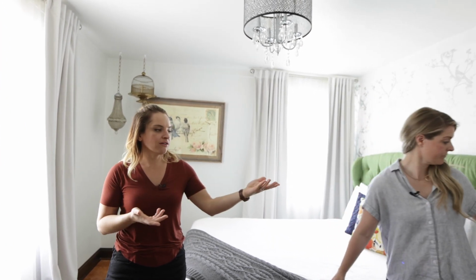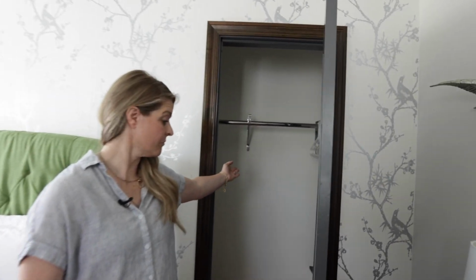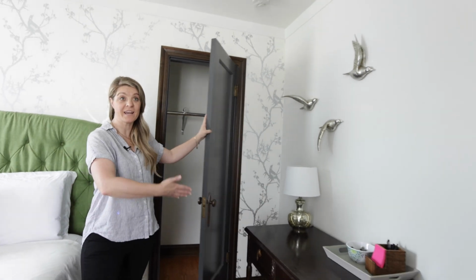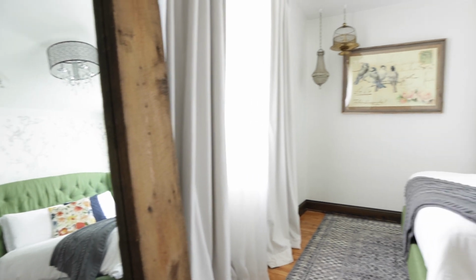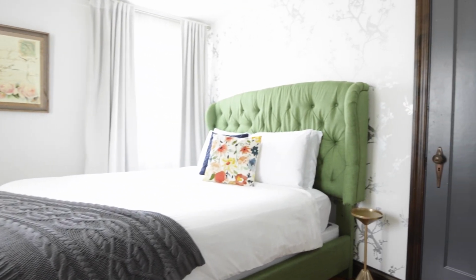And then, closet space. Can they hang up their suits? Can they hang up their dresses? We have a little work area in here. They can also get ready here. And you can't not have a full-length mirror so they can check themselves. So, again, your pictures tell the whole story, but make sure you ask what would my guests really care to know